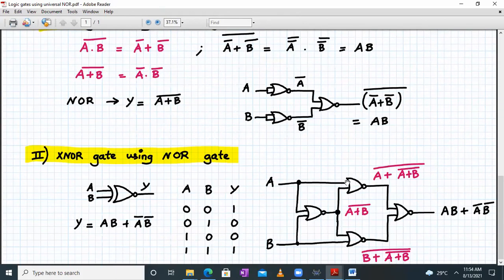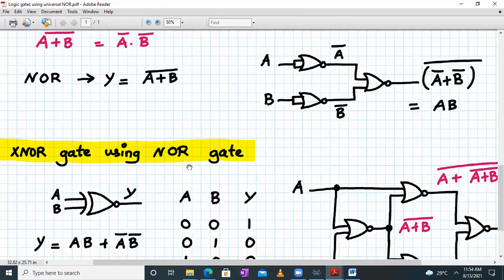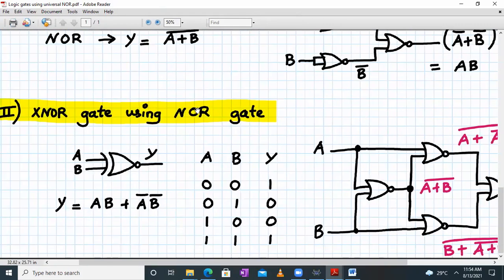Okay, so let us build this slightly more sophisticated circuit. I am building up an XNOR gate using NOR gates. Let me expand it a little more. Let me show you the truth table of an XNOR gate. It is the opposite of XOR. For XOR, whenever both the inputs are the same, the output will be 0. For the XNOR gate, whenever both the inputs are the same, the output will be 1, whereas whenever the inputs are different, the output will be logic 0.